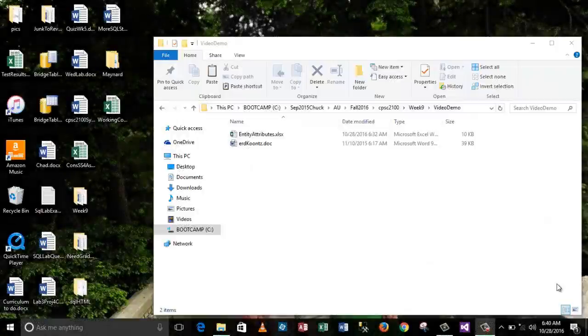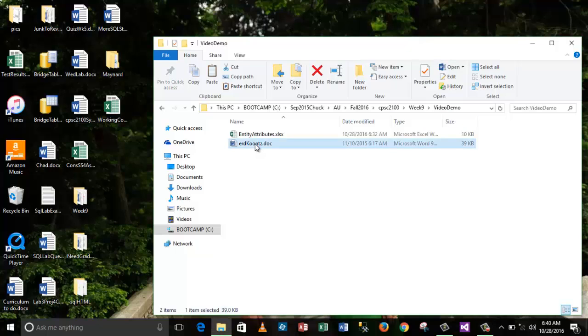Hi, I'm going to demonstrate things you need to know for your next project, and namely I'm going to show you how to create an image map and also how to create tables and relationships in SQL Server. So starting out, I have a folder, and in it I have a copy of the ERD that I demonstrated in class, and I also have a spreadsheet that I've created that has a listing of attributes for one of the entities in the